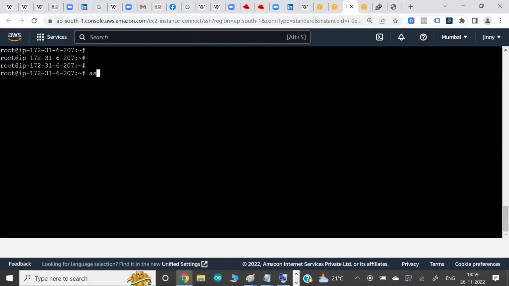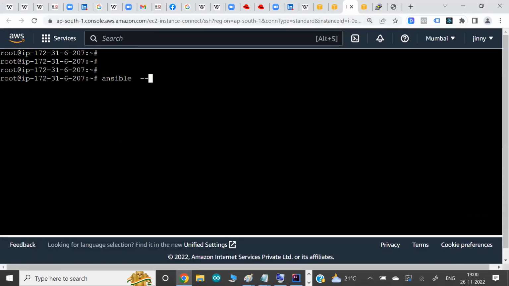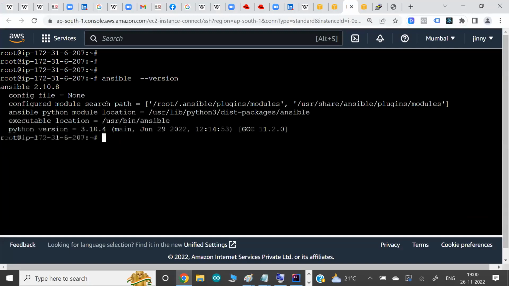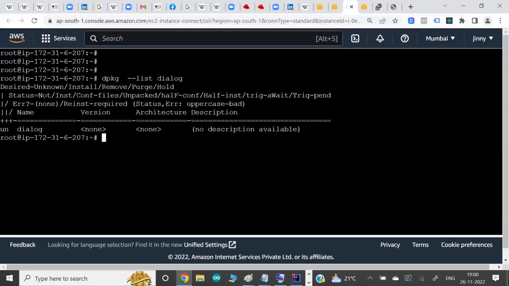Let me check the Ansible version in this current Ubuntu OS. Here we are running a newer version, but it's a different OS. Do you know the command to install the software here? Let's say we don't know. Do you know how to check the software? Let's say we don't know, but let's say this is one command we have. It says the software is not yet installed. Otherwise, they can show some details here.